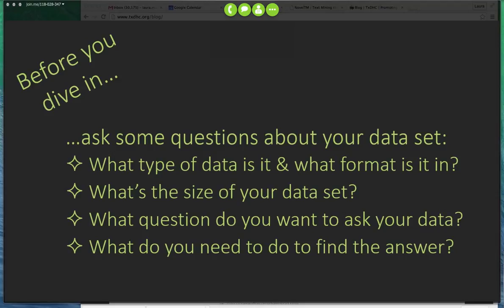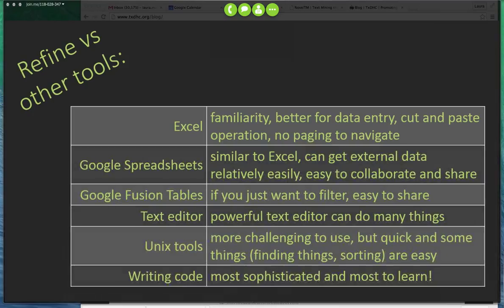Consider what questions you want to ask of your data and what steps you need to go through to find the answer. So here's a simple matrix that can help guide your tool selection. It's not comprehensive, and there are definitely more tools out there, and all of these tools do more than these brief descriptions imply. For example, Google Fusion Tables can be used to geocode location information and automatically generate maps, stuff like that. But these are the most common tools, and this gives you an idea of what to expect from